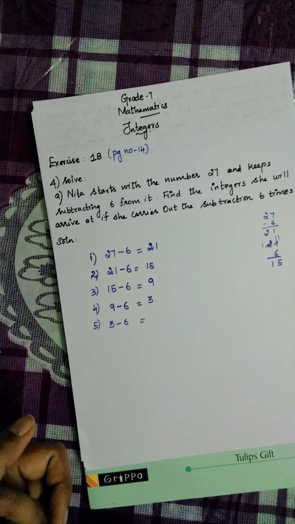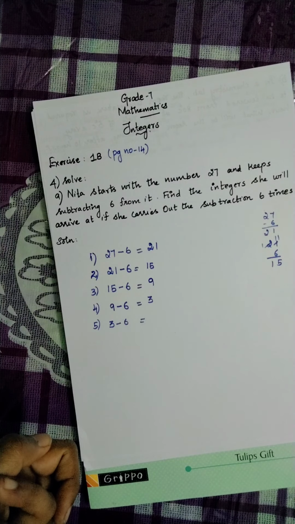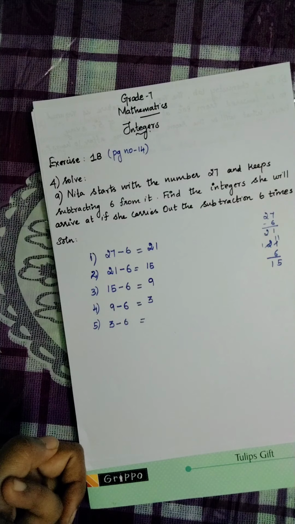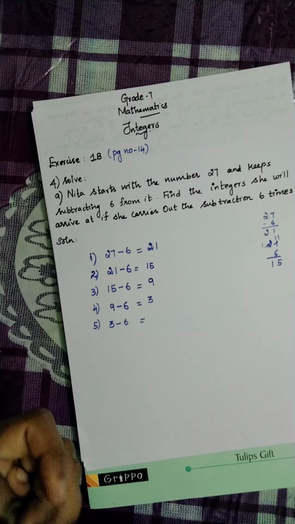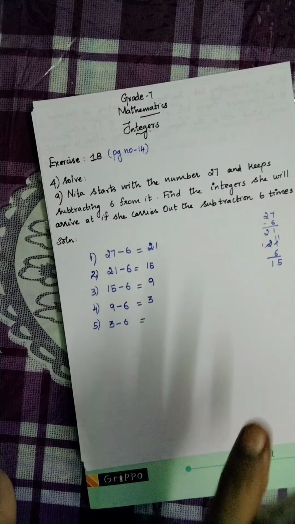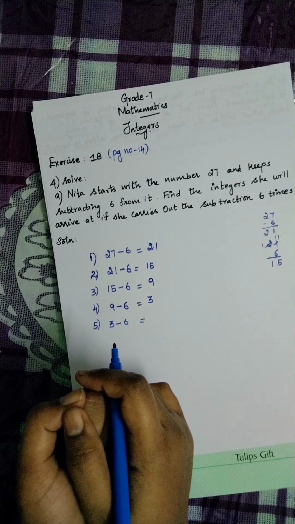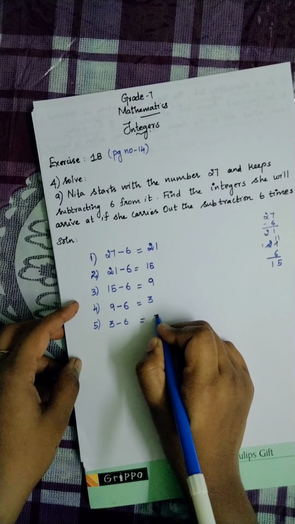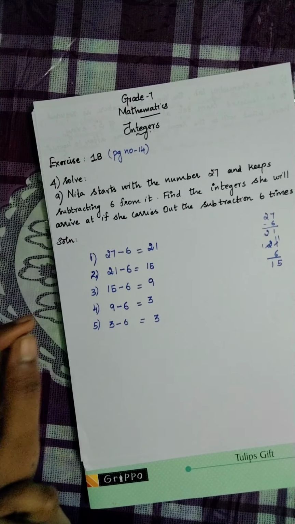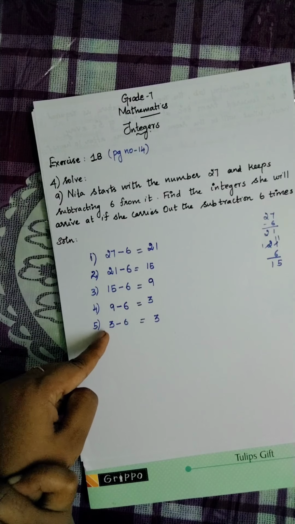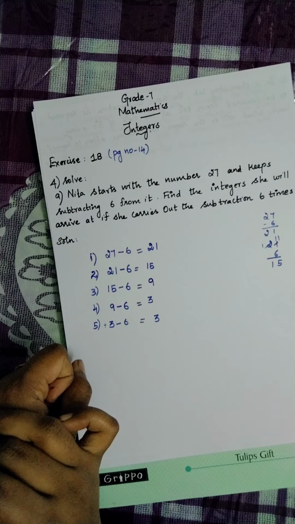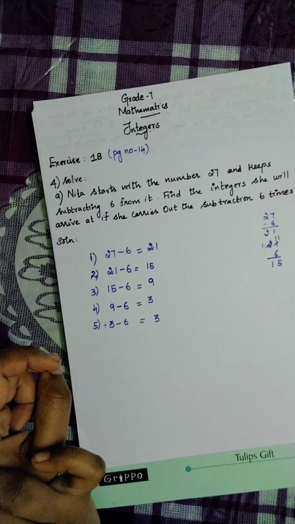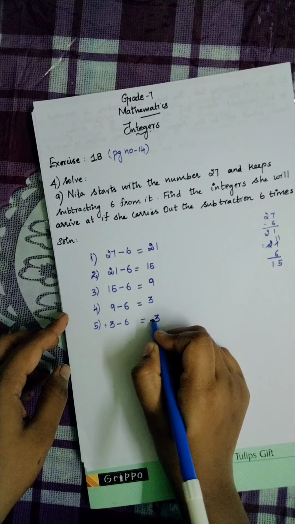What is 3 minus 6? Again, she is subtracting 6. Both are different sign numbers. So first we need to subtract the two numbers. What is 6 minus 3? Simply subtract the smaller number from the bigger number. 6 minus 3 is 3. Then put the sign of the greater number. Which number is greater here? 3 has the plus sign, 6 has the minus sign. 6 is the greater number. The sign of 6 is minus. So the answer is minus 3.